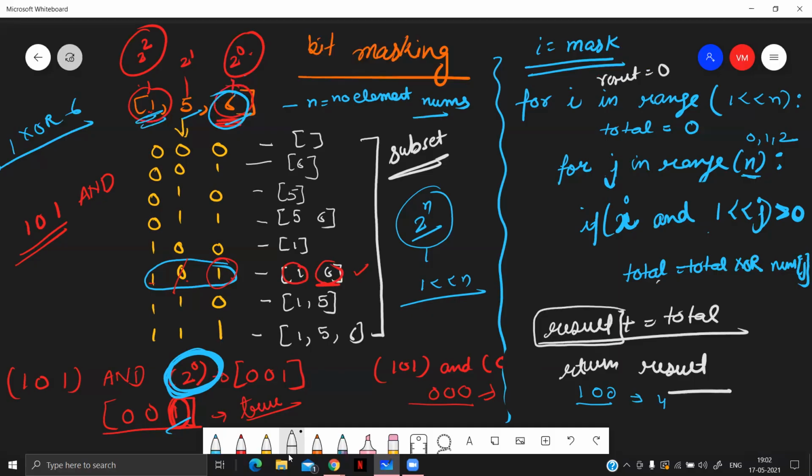It is a very important concept for interviews also. So go through it once again if you are not able to solve this. To solve this question in less time complexity, there is another approach that we follow, and it involves some mathematical calculation. For that, our editorial will be attached in the link below. So you can go through that if you want to know about the more improved solution. Otherwise, this solution will work here also. In this question, this solution will work, and this is a very important concept, so go through it very nicely. Thank you.